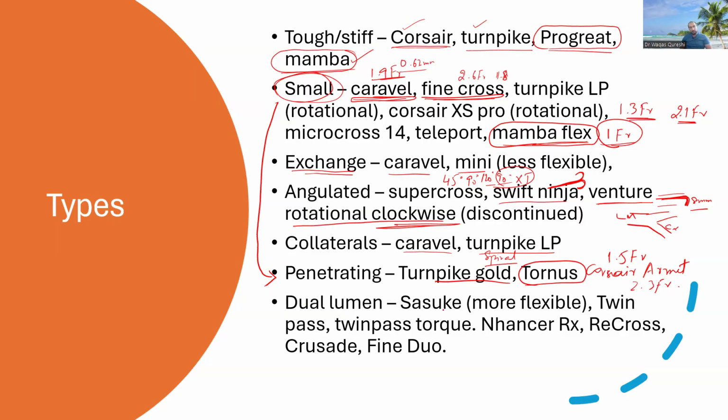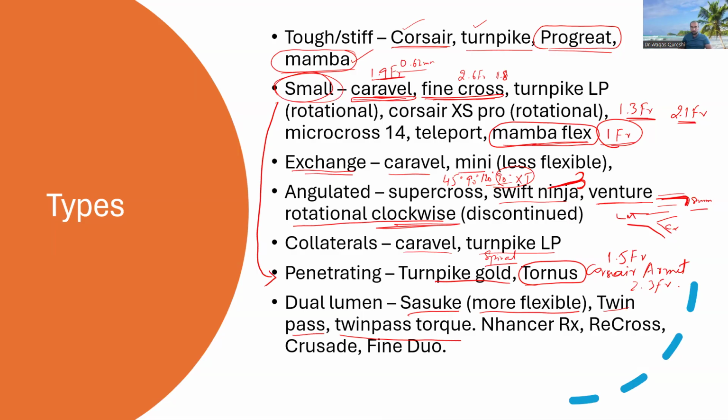And then there are dual lumen catheters. Suzuki is the one that I like the most. However, there used to be Twin-Pass, it still is, and Twin-Pass Torque, where you can actually torque the catheter to direct where you want to push the wire. There's also Enhancer RX and Recross. Recross is the only one where you can put two wires, as it's an over-the-wire system. So the rest of the systems are